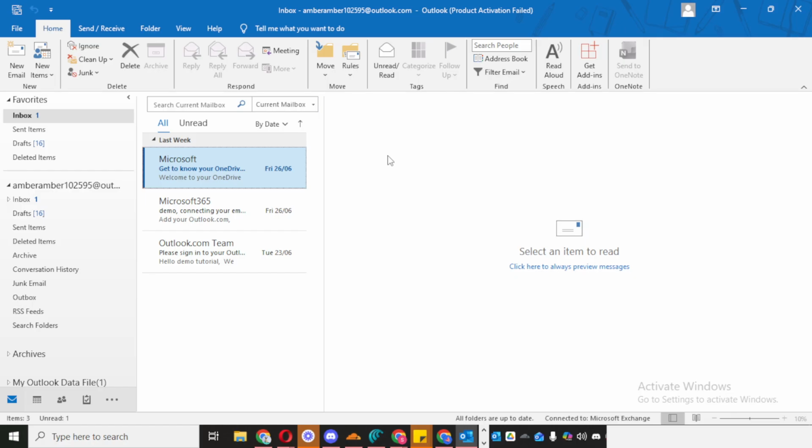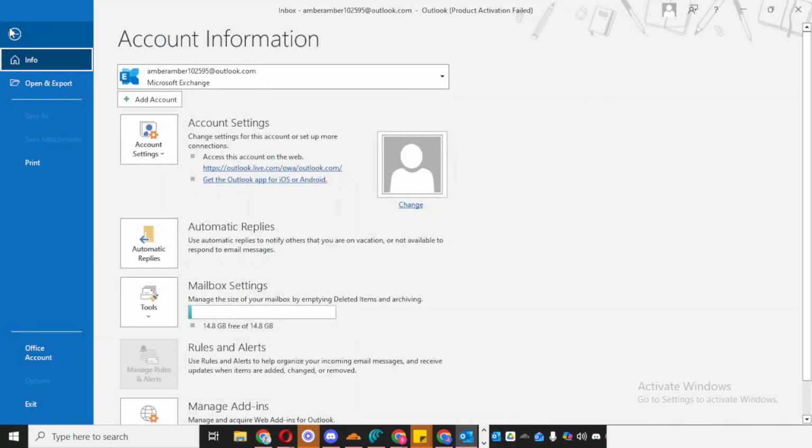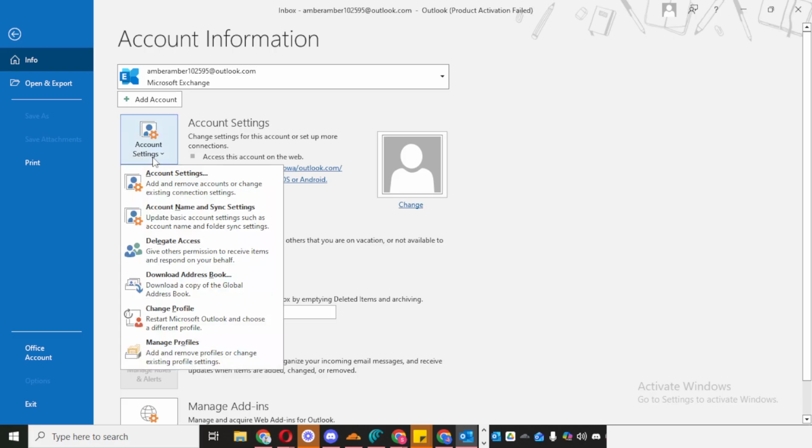To begin, open Outlook on your computer and wait for it to fully load. Once Outlook is open, go to the top left corner and click File. This will take you into the Account Management area, where Outlook stores your mailbox and profile settings. From there, click Account Settings. A small menu will appear, and you'll want to click Account Settings again. This opens the main settings window for your email account.